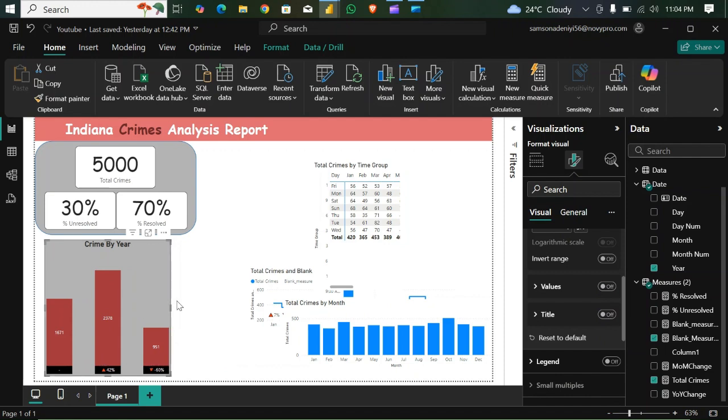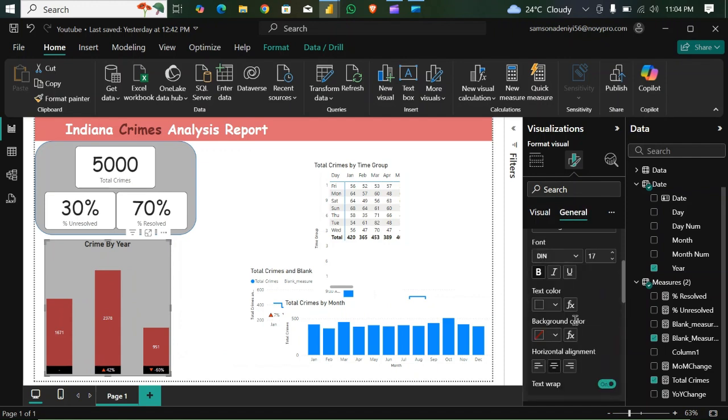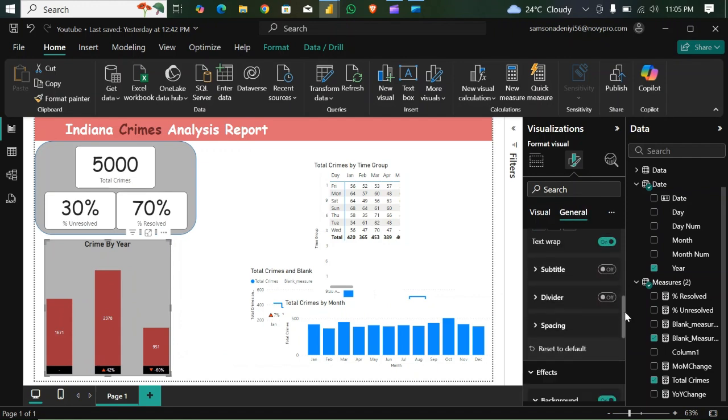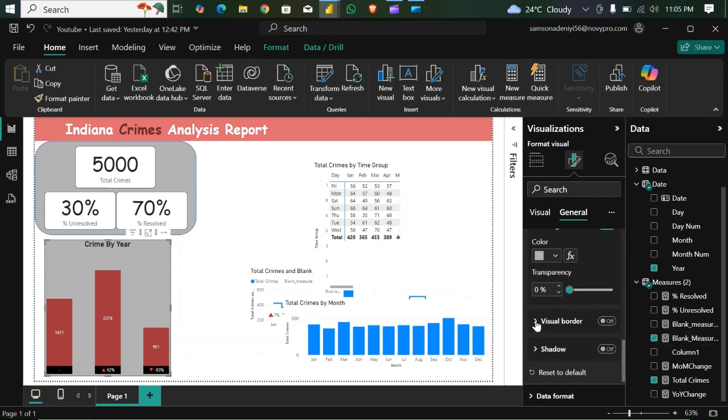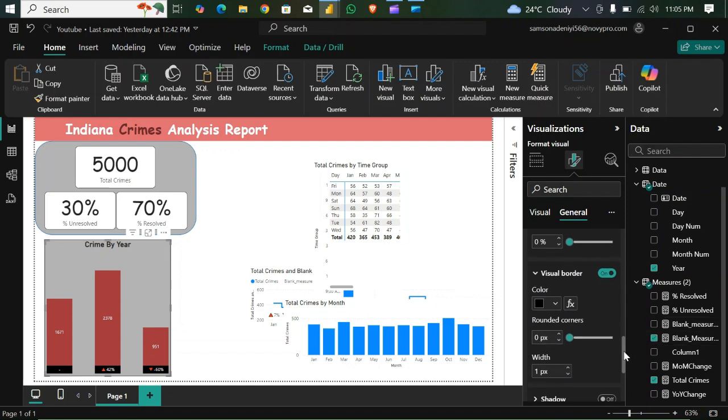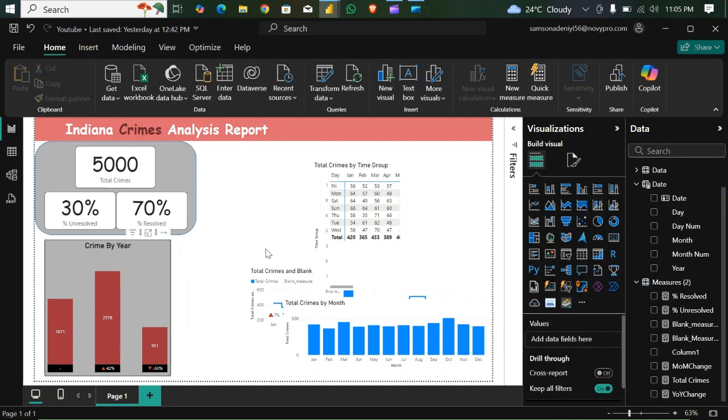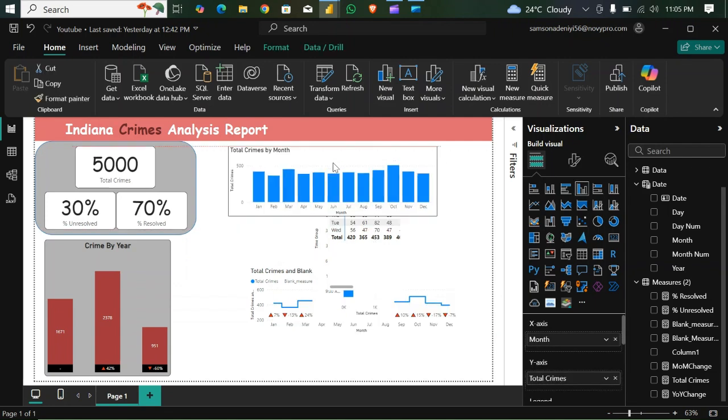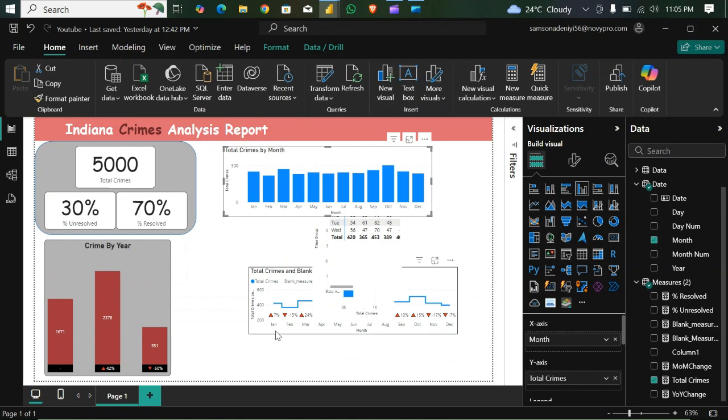I think this looks okay. Rounded corners, effects, visual border. Turn it on. Let's make it rounded. Let's say I'm going to make this about, yes, 10. So I think, yeah, the crime by year, that looks okay. Let me move these ones up here. Okay, then the crime